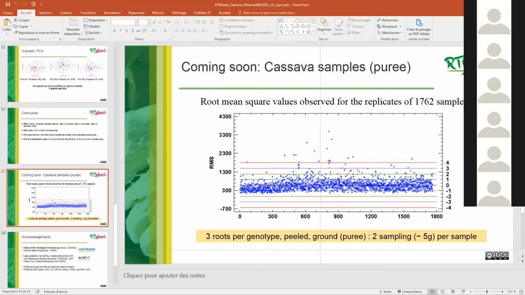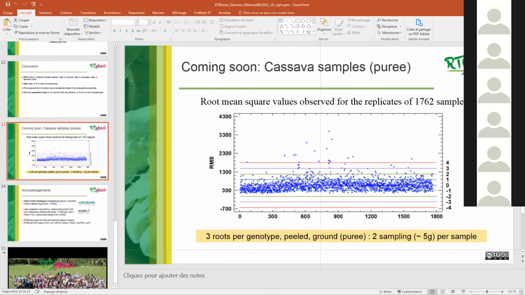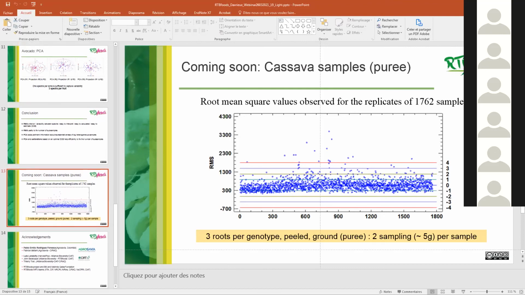Yeah, thank you so much, Fabrice, for the nice presentation. Very clear and excellent. But I see your slide now says three routes per genotype: peeled, ground, puree. For HarvestPlus, for carotenoid, somebody asked about the quartering method, where you divide it into four and choose the opposite sides before you process.